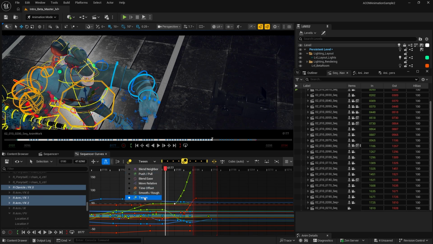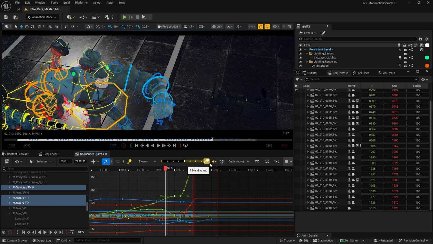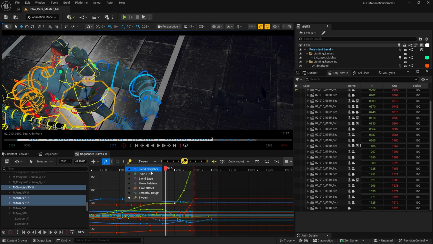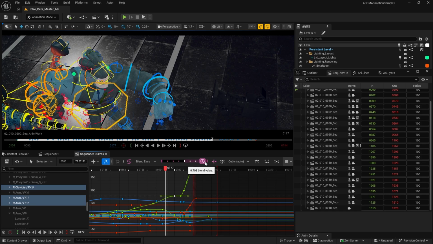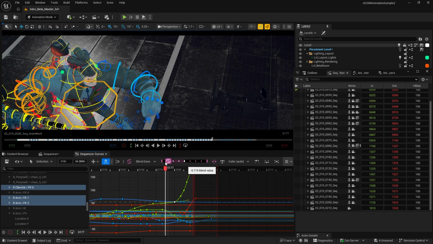The others, like the tween, overwrite those kinds of movements a little bit more. But again, it has a similar principle to what we were talking about, like the blend neighbor. Push and pull is going to amplify the movements. Of course, you have to play around with these to understand their actions in a better way, and maybe it's better to isolate your characters in easier to render scenes. For the sake of this tutorial, I'm just going through them one by one.